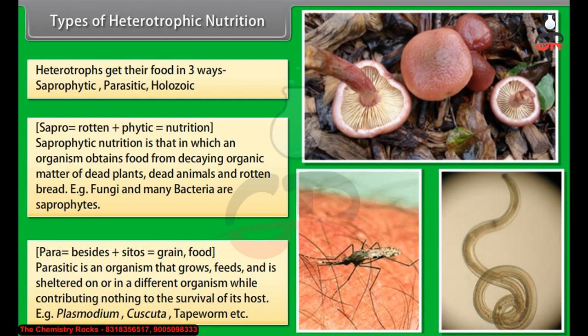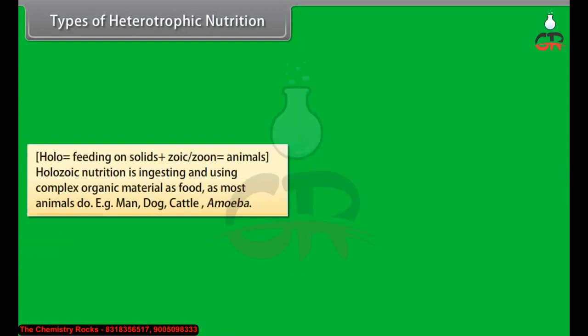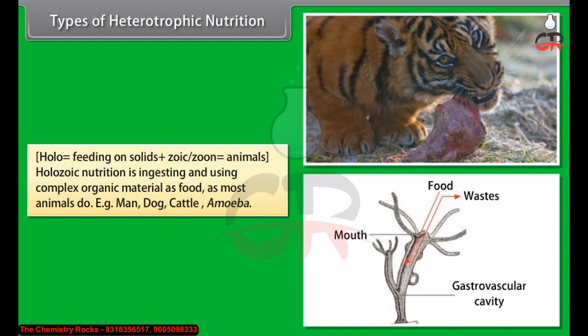That is, Plasmodium, cuscuta, tapeworm, etc. Holo means feeding on solids, and zoic, zoon, means animals. Holozoic nutrition is ingesting and using complex organic material as food as most animals do, that is man, dog, cattle,